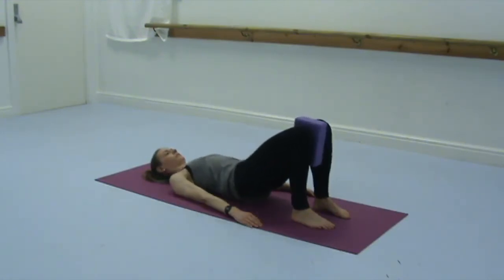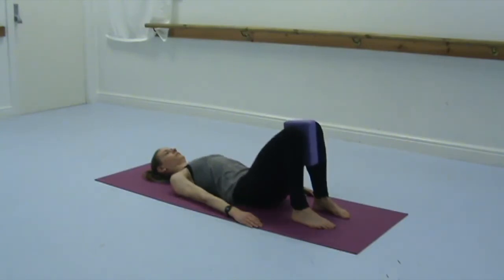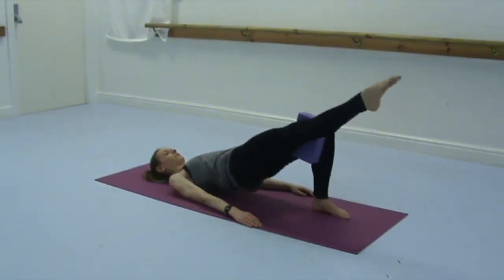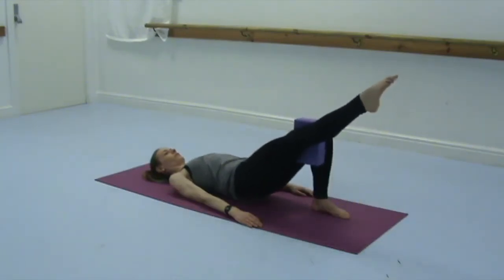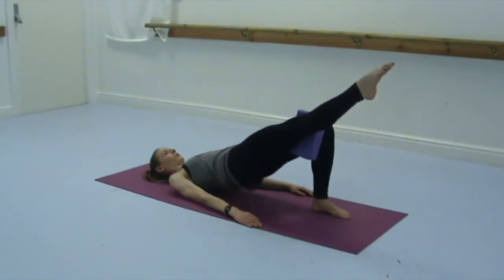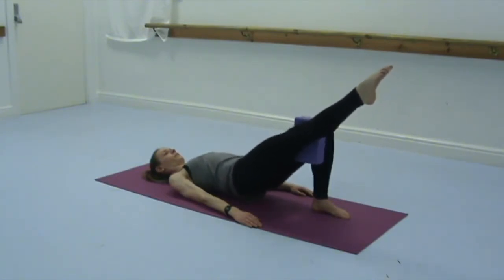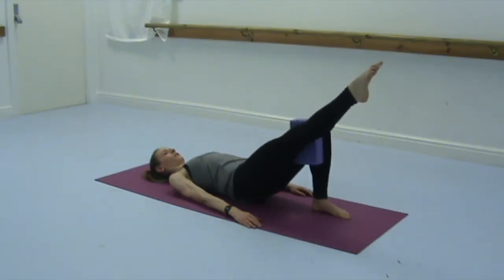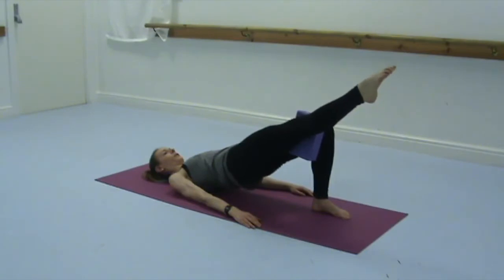Inhale, rolling down through the spine, one vertebrae at a time. And I think this is the last one. Ooh, staying at the top, extending your right leg this time. Now we're inhaling to lower halfway, and then exhaling strongly to lift. Inhale, lower. Exhale, lift. Now here is where we really want to focus on lengthening the lower back and tailbone